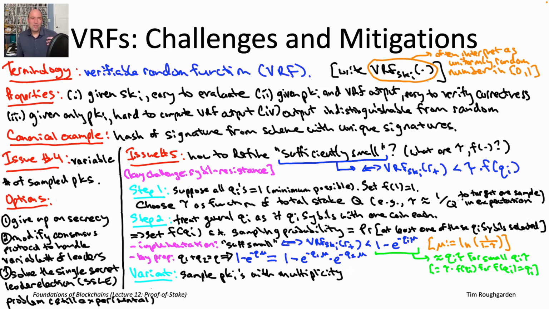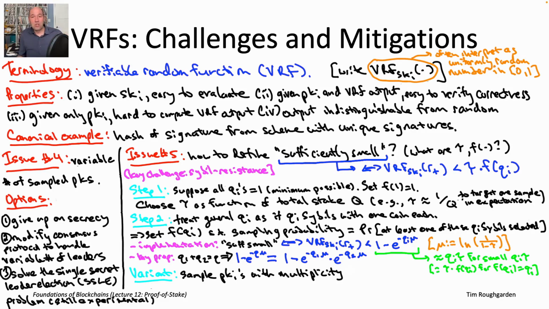But again, we can just be guided by the fact we want them to be treated identically to as if they had 12 different identities with 1 coin each. Because in that case, that corresponds to step 1. We know what's going on. Each of those 12 identities, it's like an independent coin flip that comes up heads with probability tau. Remember, that's the definition of the parameter tau. So we just should say the multiplicity should be sampled from the exact same distribution you would get were there 12 Sybils with 1 coin each.